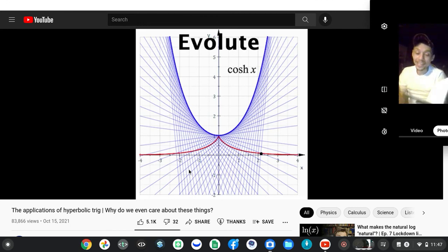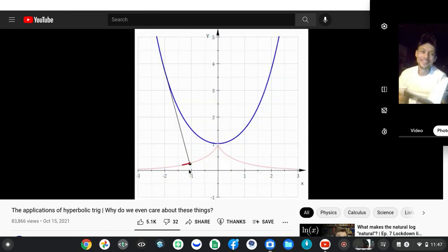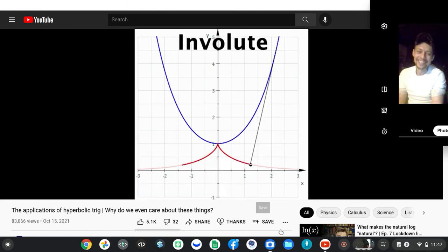If you take the catenary curve and imagine a string being wrapped around it, it wouldn't be as useful to you as it was with me standing next to you, with the end of that string tracing out a tractrix curve. This is known as the involute of a curve. And when you do the involute